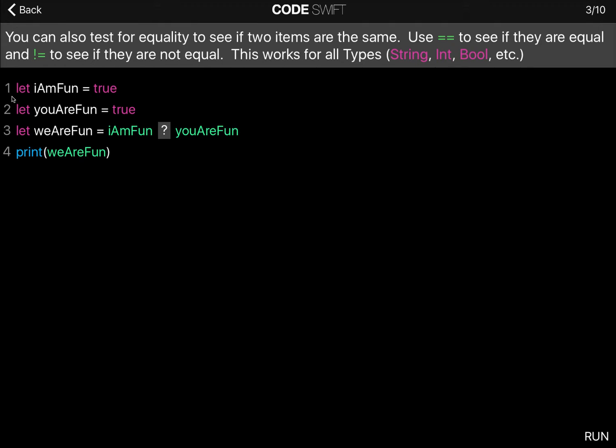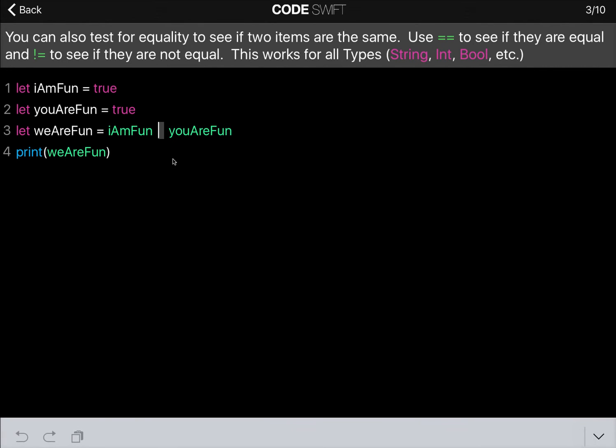In this case, let's say I'm fun is true and your fun is true. So the condition we are fun can only be true if we're both fun. And to test for that, you would use the equality operator.